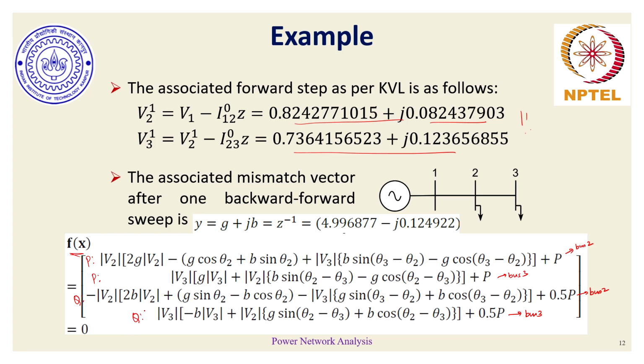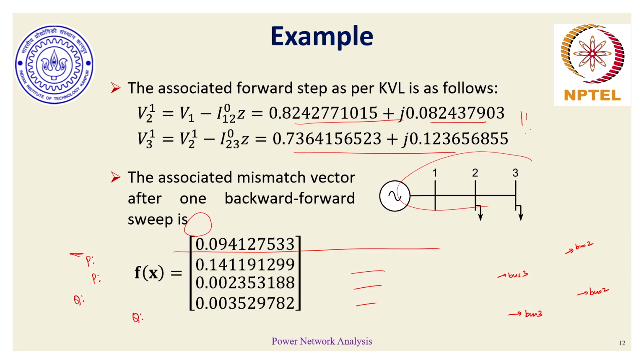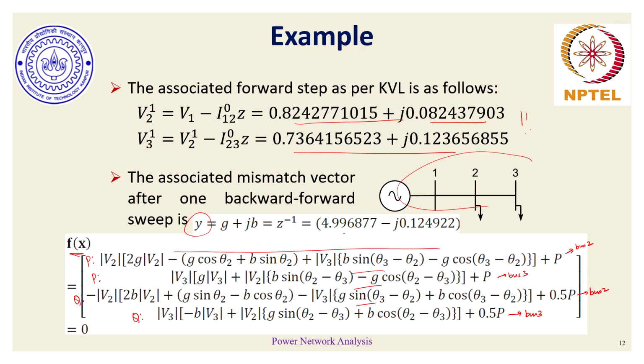I have avoided explaining how these equations have been obtained, but you can refer to the Newton-Raphson technique discussions where the polar version of equation forms for P and Q for PQ buses were discussed, and from there you would definitely be able to find these numbers or forms. So basically you have to find the Y bus for this 3-bus network based on the impedance values or admittance values given over here, and then when you plug in those corresponding admittance values, you would get this as the